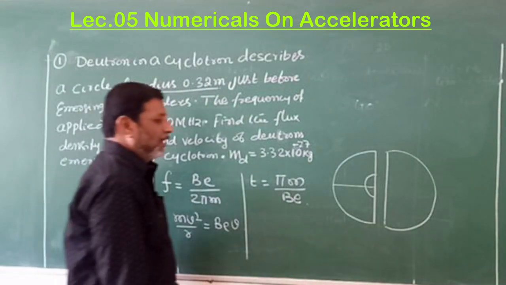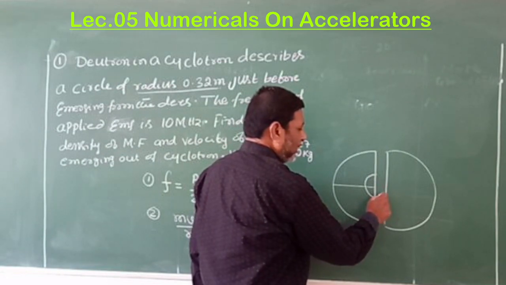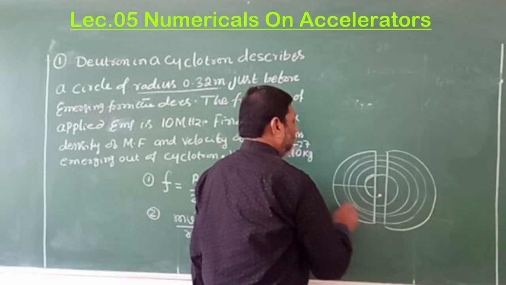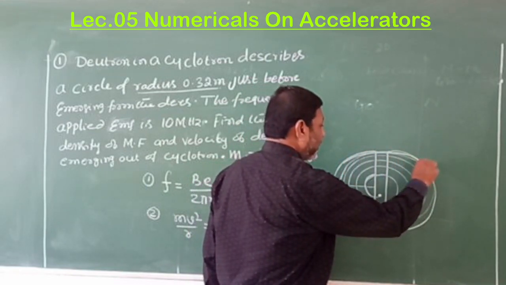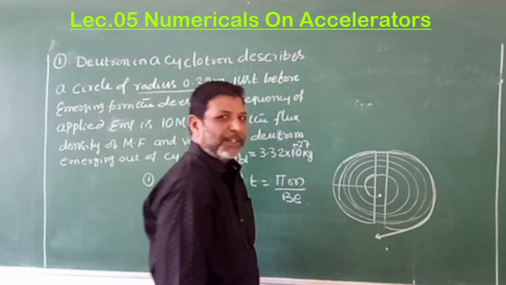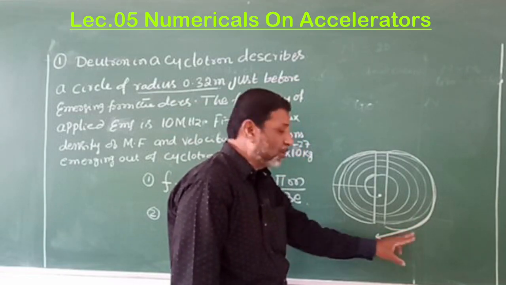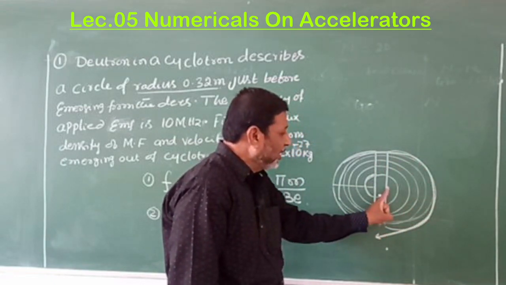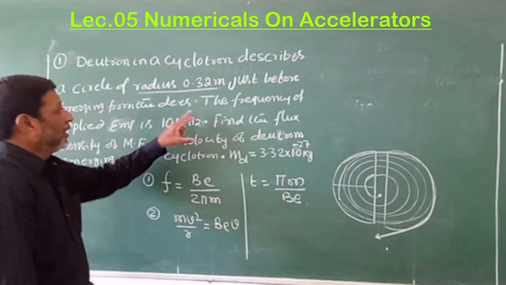We have discussed the particle in the cyclotron in detail. The particle enters like this continuously and moves in a circle of greater and greater radius. When the particle attains the maximum energy, it reaches the edges of the D and then comes out. Just before coming out of the Ds, the radius of the circular path in which it is moving is equal to the radius of the D. That is given to you here.